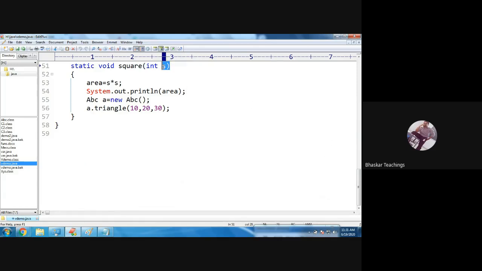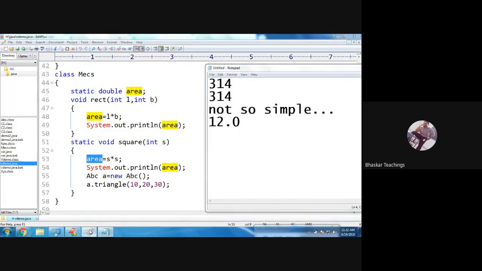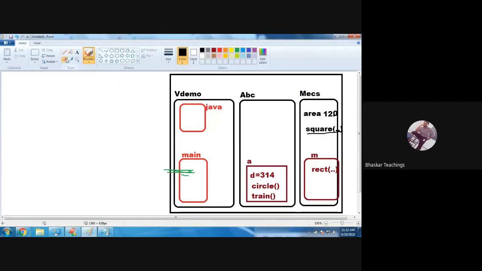So S is a local variable. It will be created now and assigned 5. The control will go into the function body: s into s, 5 into 5, 25.0 will be assigned to area. Area is a static variable, so now area is no more 12.0, it is now 25.0.